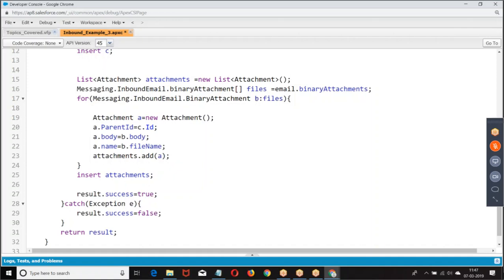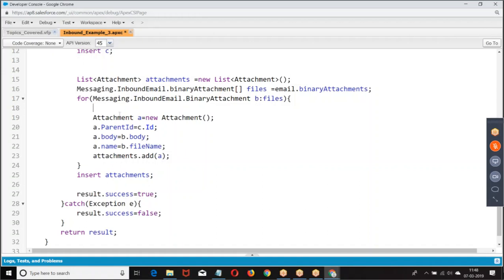Insert attachments. Now look at the code from 17 to 24. Satish, can you explain line number 20?